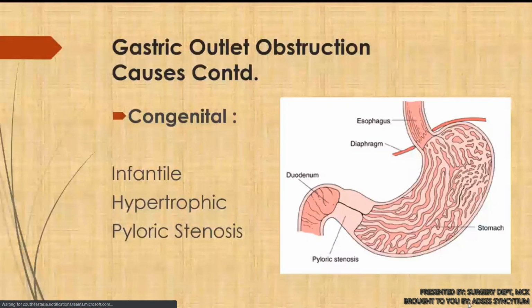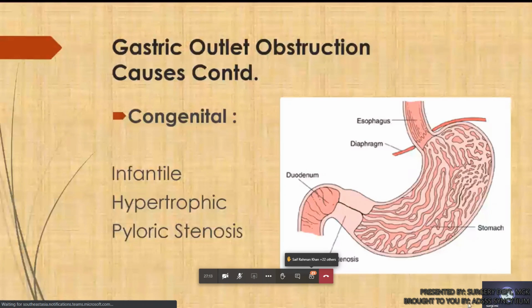This is the picture which shows infantile hypertrophic pyloric stenosis. What happens? The inner circular layer becomes very much hypertrophic. It becomes very much thickened, and the intermediate oblique fibers return from the border of the duodenum to the stomach again. There are three layers of muscle so far as the stomach is concerned. One is the outer longitudinal muscle, intermediate oblique muscles, and innermost circular muscles.